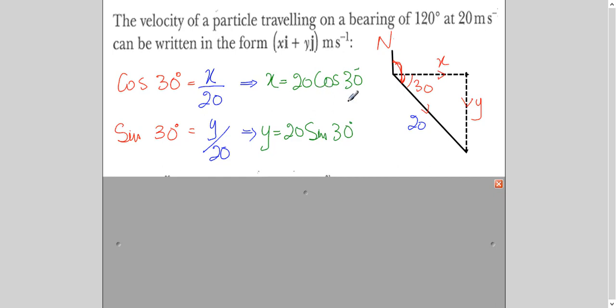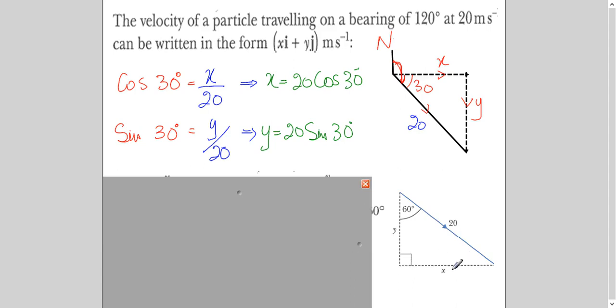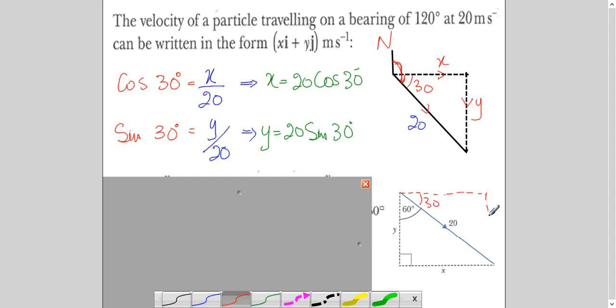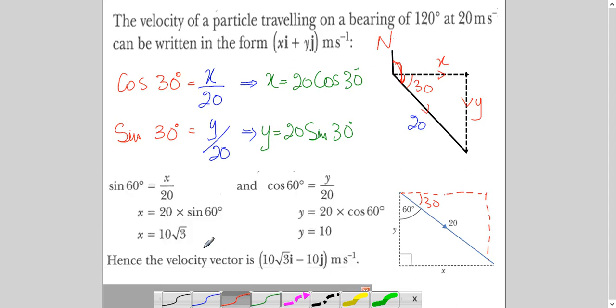What I wanted to tell you here is that the same question can be done with the help of this diagram also. Can you relate what I have done here? If you see here, I took this angle, right? You can take this angle also. This will be your x and this will be your y. But then you will use 60 degree, so the answer will come the same. So x will come 10 root 3, you can try it on the calculator, and y will be 10.